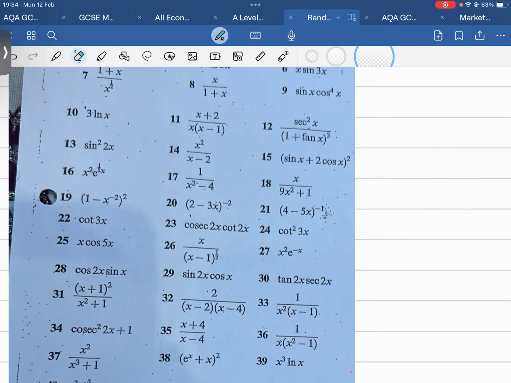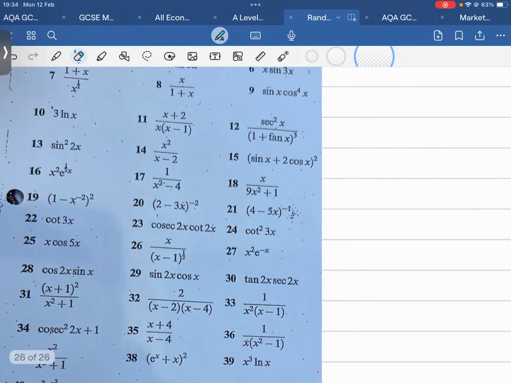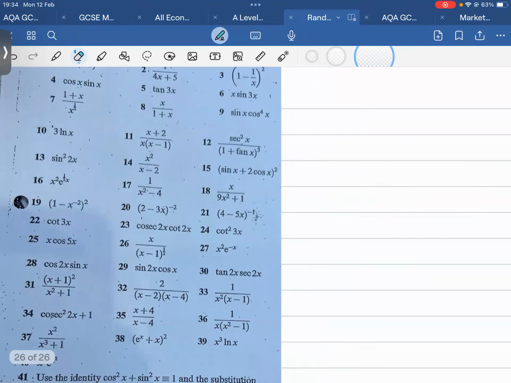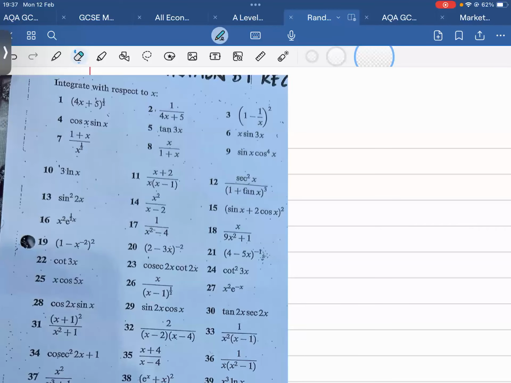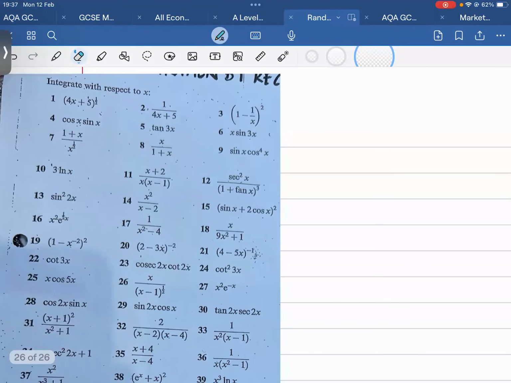Okay, I started rushing. Let's go back slowly because I wanted a bit of a break. But 13, 14, 15 are hard, so let's go back to that. 13 looks hard. 13 is a bit of a mad one. It can't even be parts, can it? It's trig identities. 13 is really weird, but